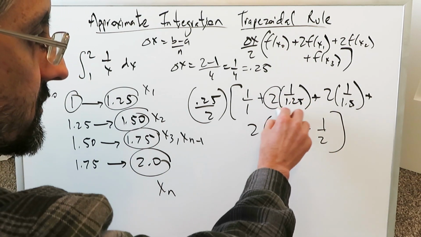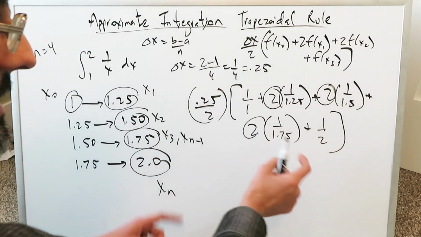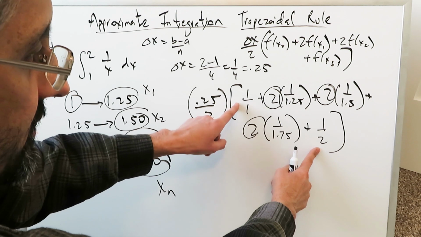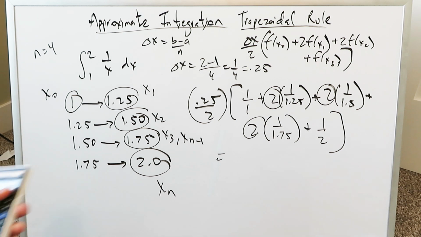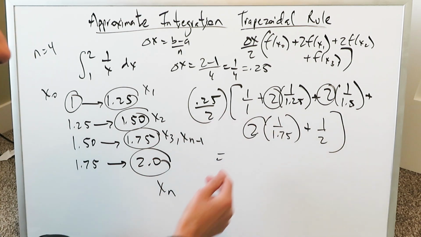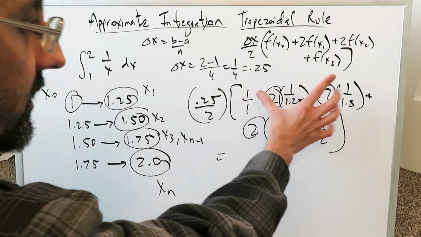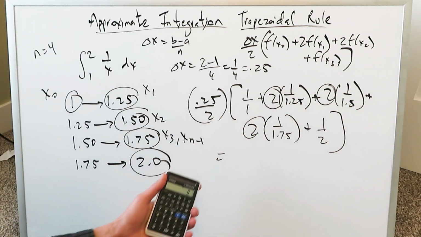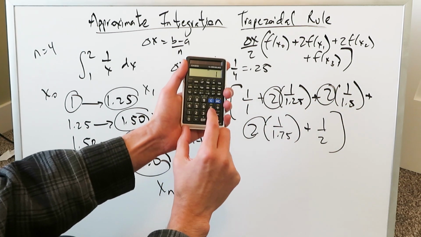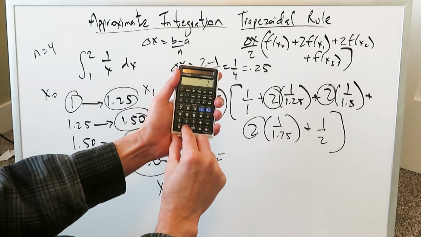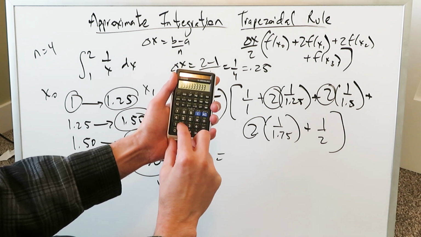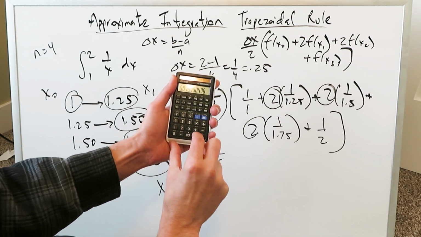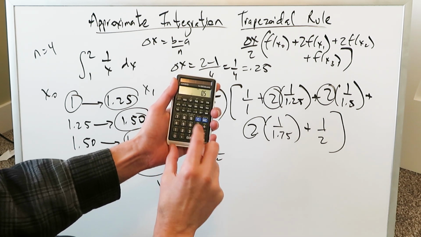But you see the coefficient 2 appeared here in the in-between terms. The terminal terms have a coefficient of 1. You just have to evaluate all of that with your calculator, and we can do it all in one single step. We'll work on this part first and do this at the end. We'll look at the first term: 1 plus 2 divided by 1.25 plus 2 divided by 1.5 plus 2 divided by 1.75 plus that last term, 0.5,